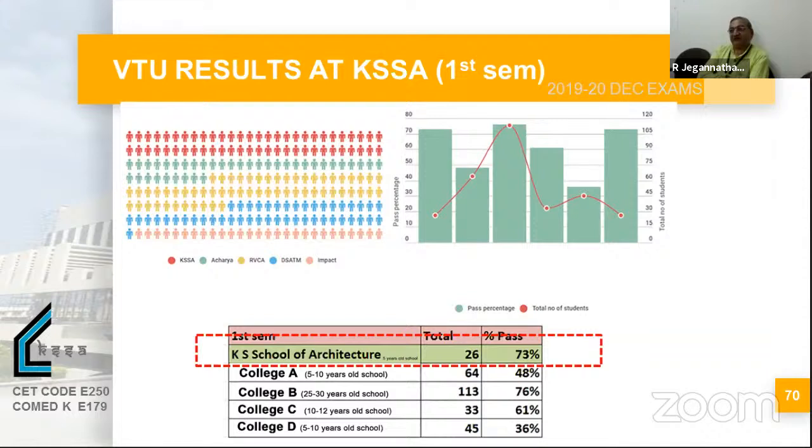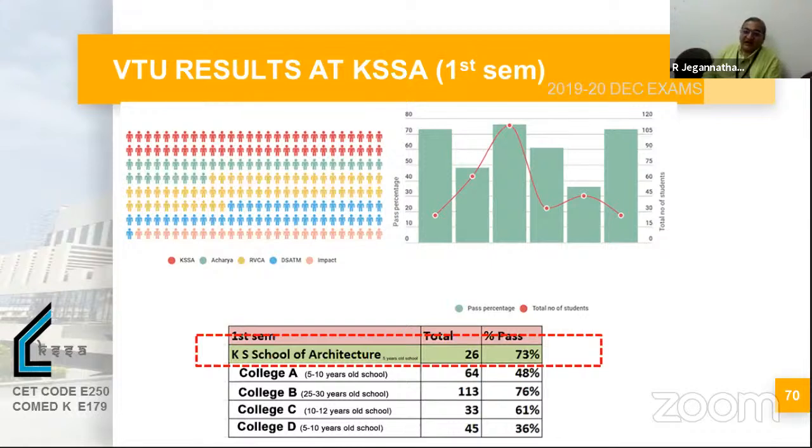And in the university, we try to compare ourselves with the best schools and benchmark and try to see how we can improve in our quality of imparting education for the students, and the learning process improves and our students perform well. The chart, for example, shows the first year students in the 2019-20 batch, the first semester results. Our school stands at a pass percentage at around 73%,